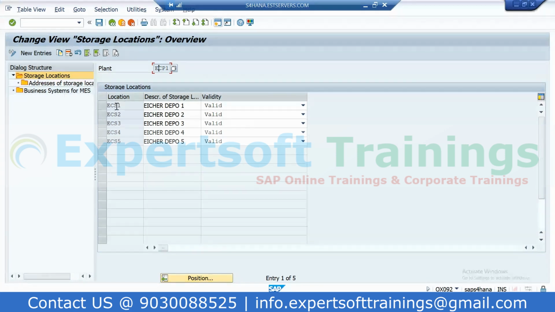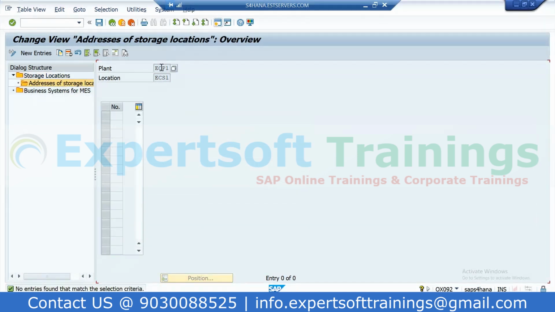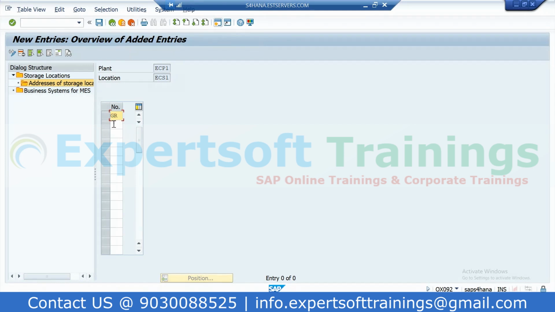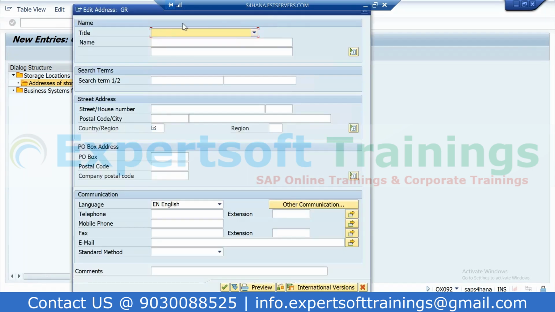That means ECS1 का जो store location है वो different है other than the plant, then you can maintain a separate store location address. What you can do, select this line and click on addresses of store location. So I'm clicking on it. So this is ECP1, look, store location is ECS1, then click on new entries and click as GR. It is a 2-letter alphanumeric string, that is goods receipt. Hit enter और दिख रहा है आपको ऊपर यहाँ पर GR ऐसा छोटा सा, ये मैंने किया ना यहाँ पर GR, और यहाँ पर आप एड्रेस दे दो EI आयशर